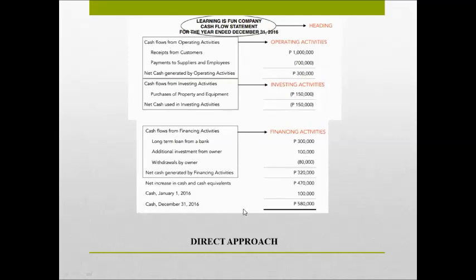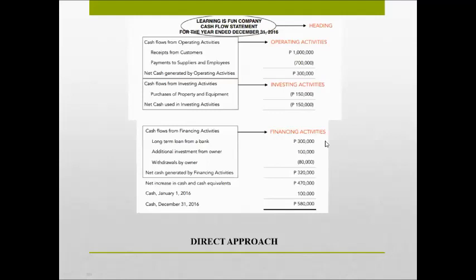Now, this will be the 2016 na cash flow statement. And we need to prepare our 2017 cash flow statement. So which amount then will be recorded as our beginning balance for cash? Anyone? Siyempre, ito na yung statement natin for the 2016 and 2017 came and we need to prepare our new cash flow for that year or for the year 2017. Now we need to determine our beginning balance for the cash. So what will be our beginning balance then if we are using this info? It will be,